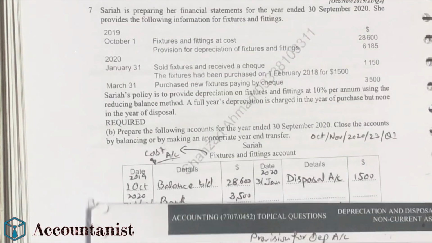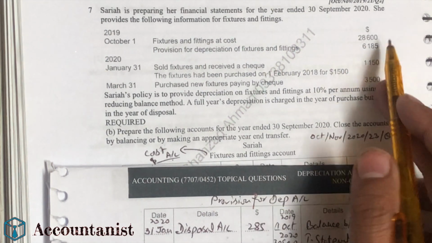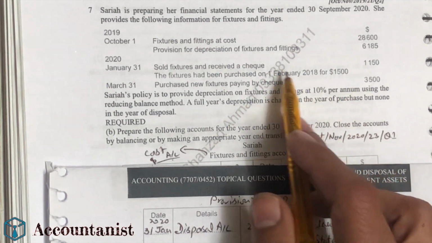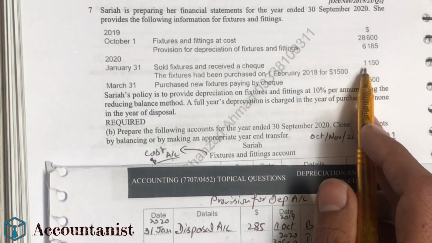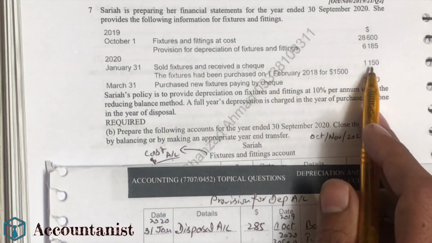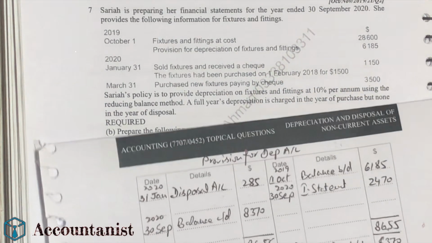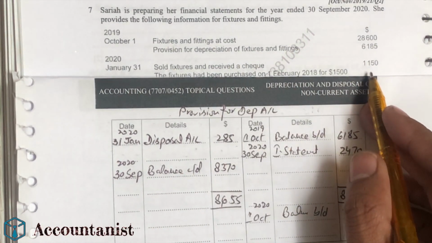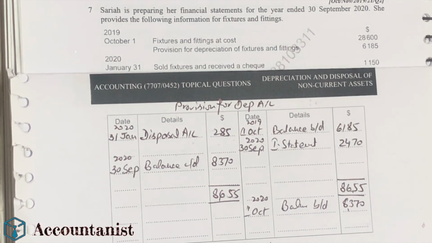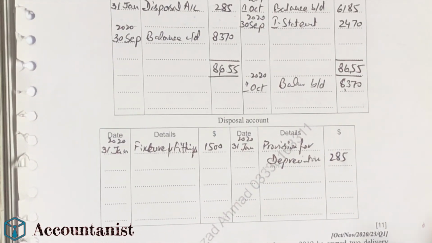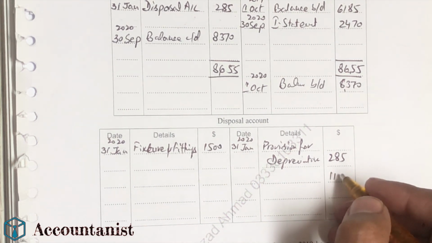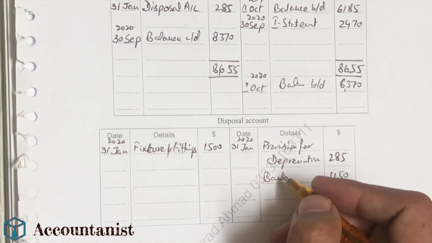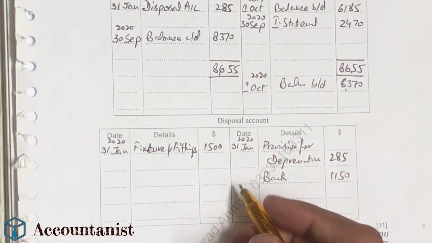Now from the question I need another figure. If you notice, I have utilized all of the figures except the figure here, 1150. We sold this asset and we got a check for 1150. I have not used this figure yet, so I will write it down here. The double entry of this figure will be bank debit and disposal credit, so it will come up here on the credit side, 1150, with the bank, because it's a check. Again the same date will come up here, 31st of